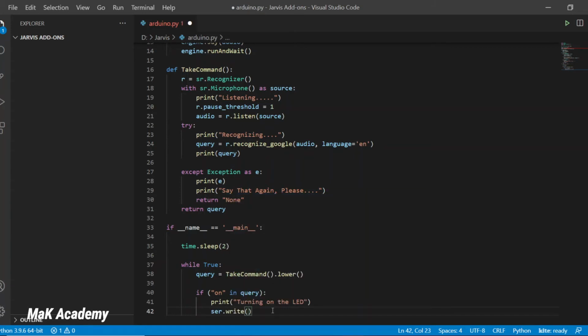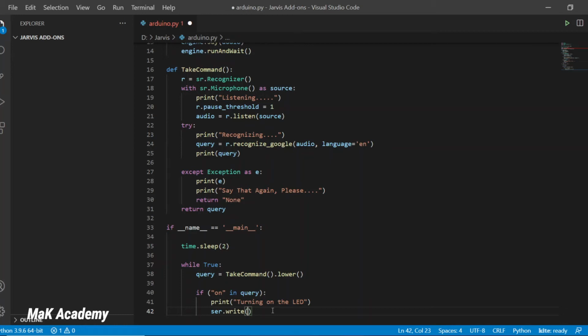Now before moving forward, here is an important thing that we must understand: in Arduino, if we say a certain port is high, this means that port will allow the path. But if we say that port is not high but low, then that means this port will never allow anything to pass through. So since we want the LED to turn on, we want the port to be high.